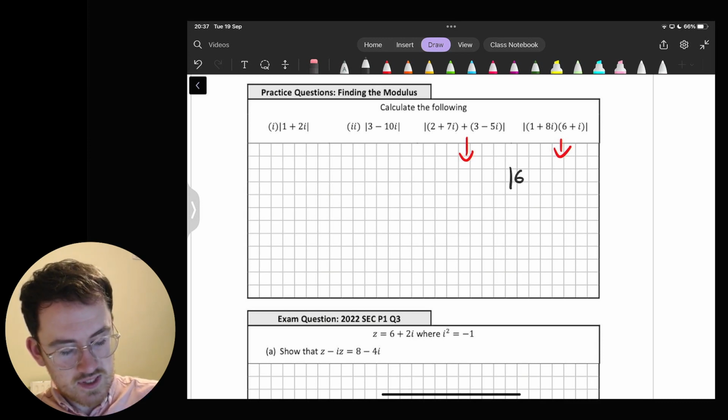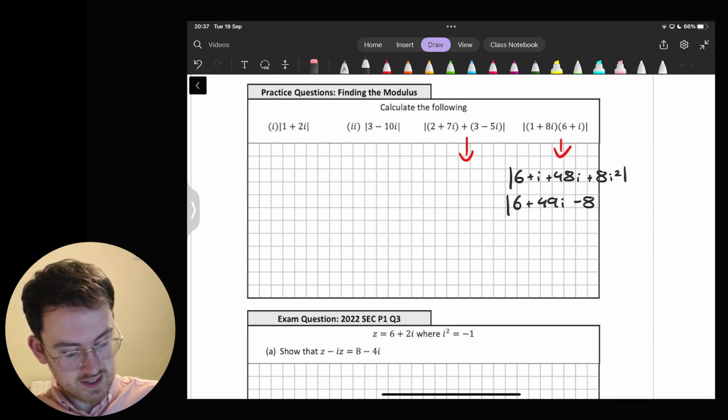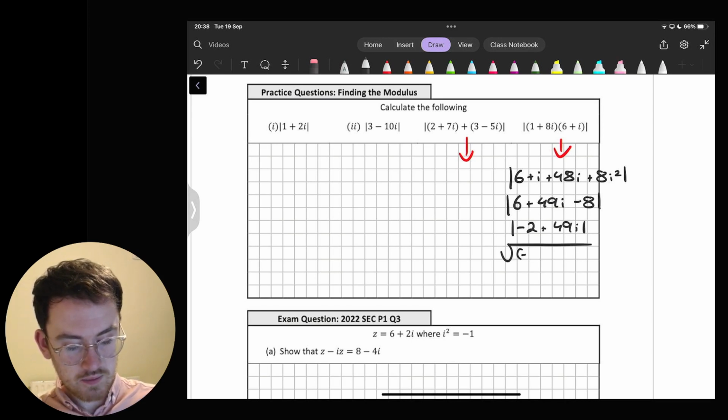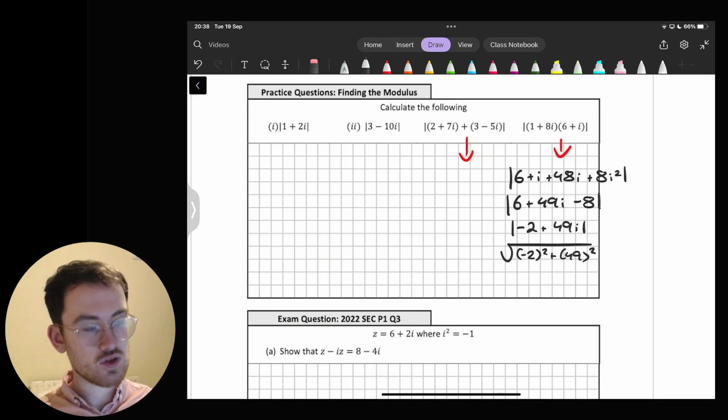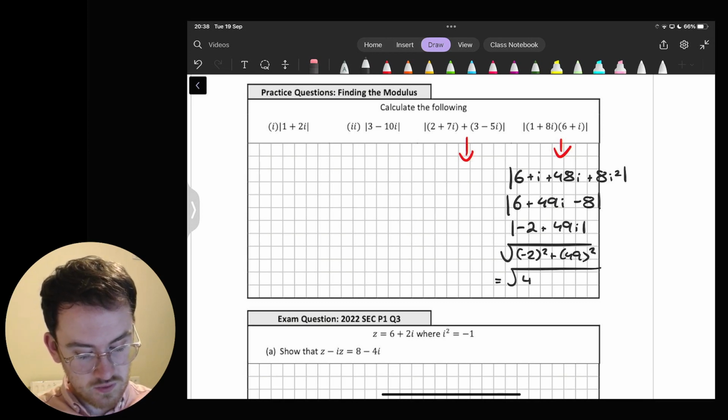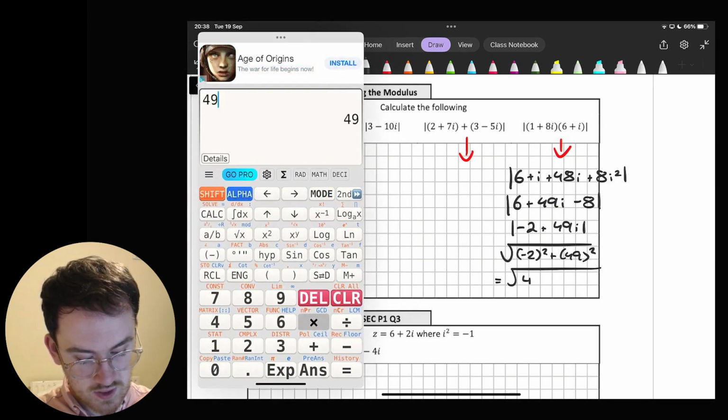So that's going to give me 6 + i + 48i + 8i², which gives me 6 + 49i − 8, which gives me −2 + 49i. And then I could compute my modulus of that as per normal, I suppose. So following through, I would get an answer here of 4, and then 49 squared is 49 by 49, which is